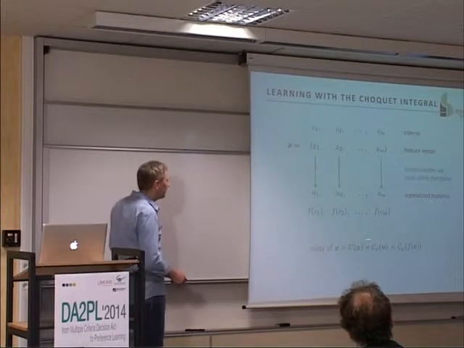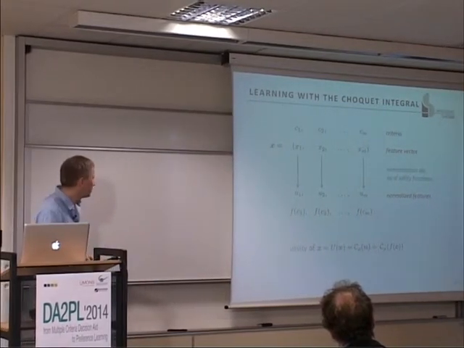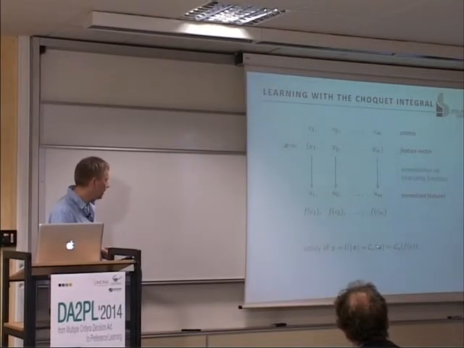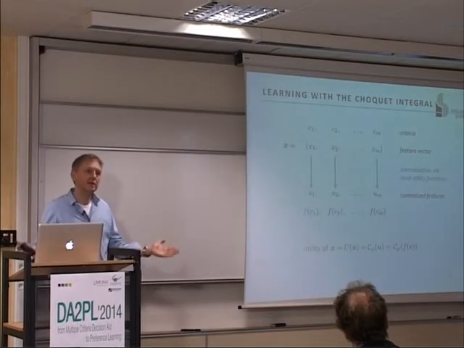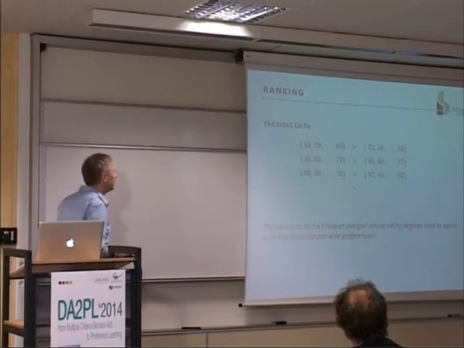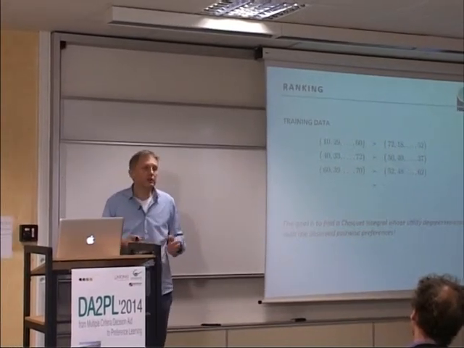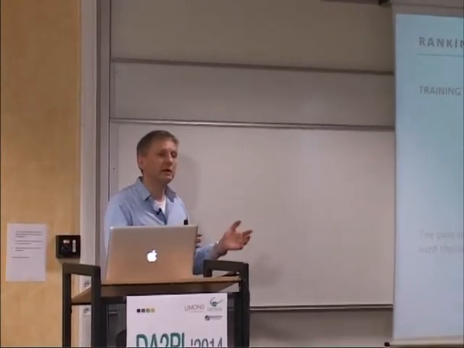And this is why we understand the value delivered by the Choquet integral applied to such a feature vector as the value of that function applied to the different features. So the idea is we apply the Choquet integral to combine these local utility degrees into a global utility degree. We have been using the Choquet integral in different learning contexts, like ranking, for example, where we start from